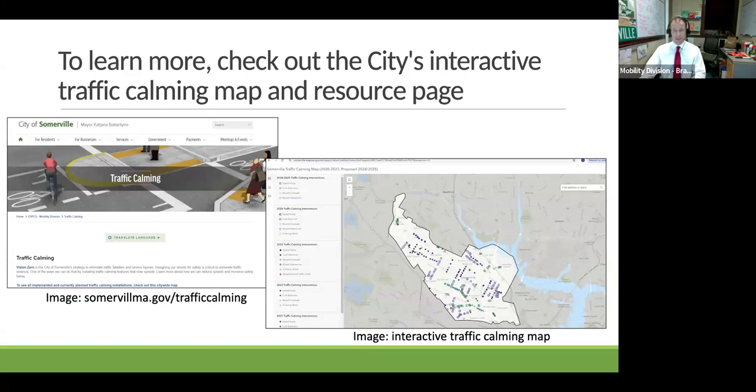Even with the city's process improvements in recent years, there is still far more demand for our work than there are resources available. One of the hardest parts of my job is to tell our residents that we're going to get to your safety concern, but it might take a couple of years. An interactive map like this one helps give folks fair expectations about how long it can take us to move through design, community engagement, financing, and construction. But please know that we are working in every Somerville neighborhood to improve safety.